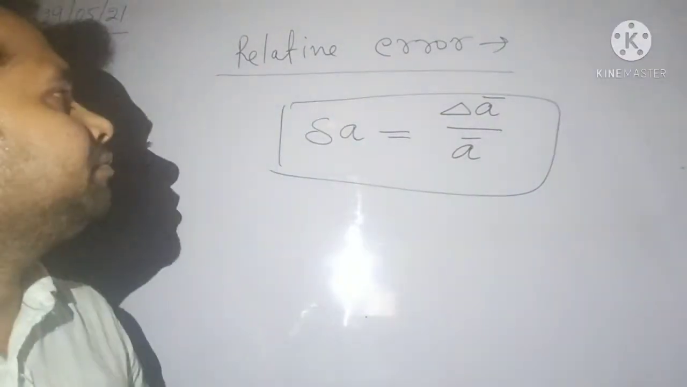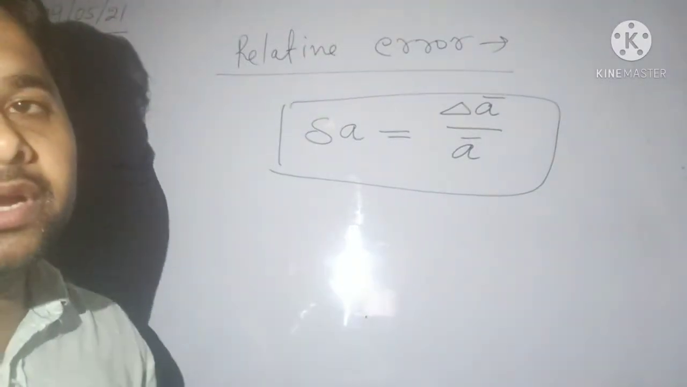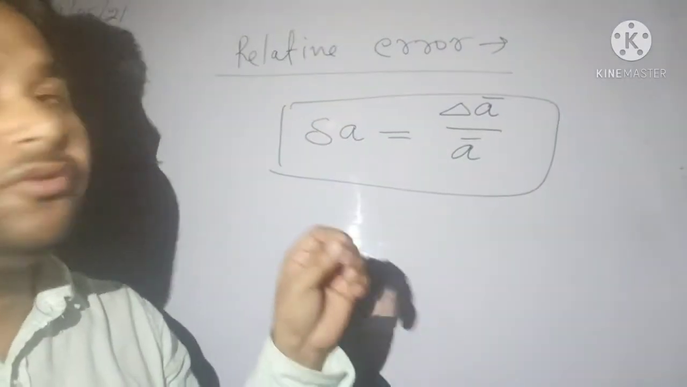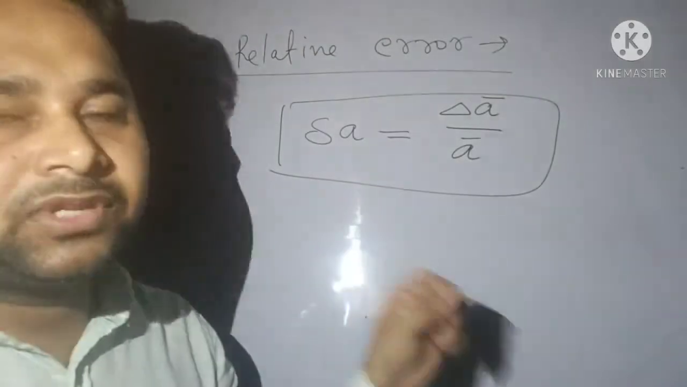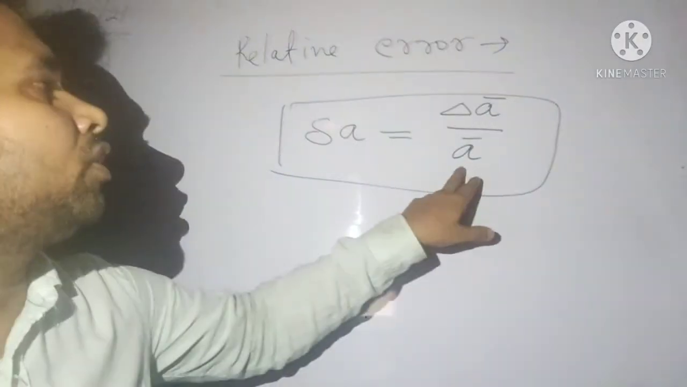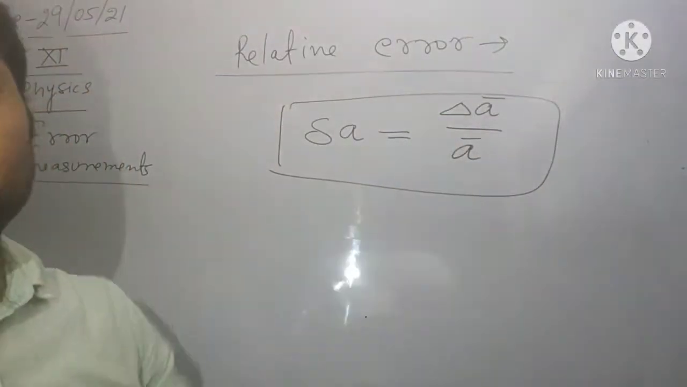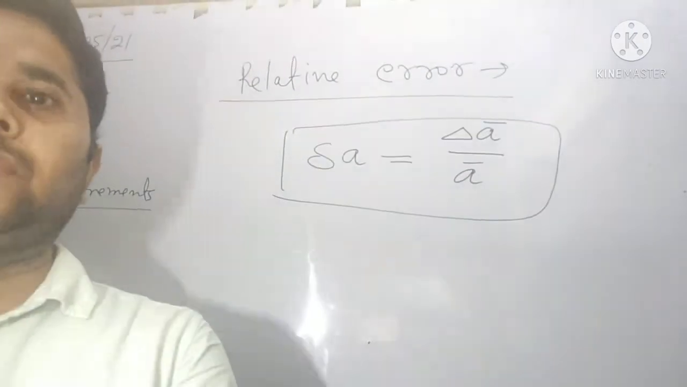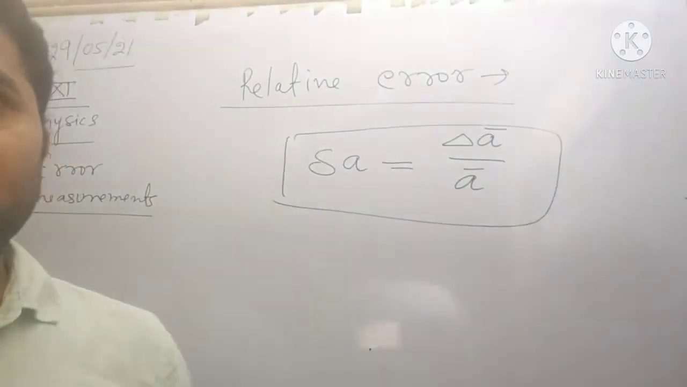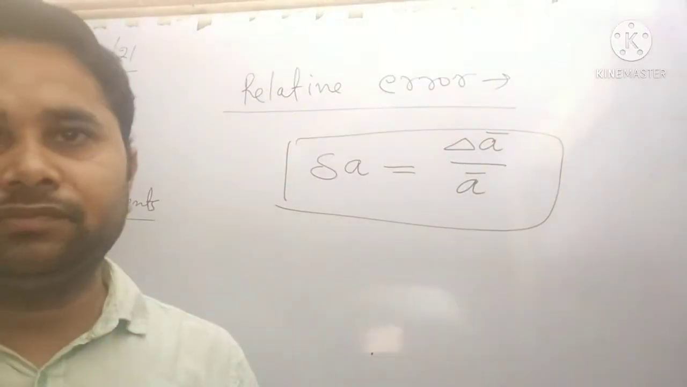क्या है रिलेटिव एरर? डेल्टा ए बार. व्हाट इज डेल्टा ए बार? अभी पीछे पढ़ा हुआ है. डेल्टा ए बार इज द फाइनल एब्सोल्यूट एरर या मीन एब्सोल्यूट एरर. और व्हाट इज ए बार? दिस इज द ट्रू वैल्यू. सो रेशियो ऑफ दीज टू इज कॉल्ड रिलेटिव एरर. ओके,